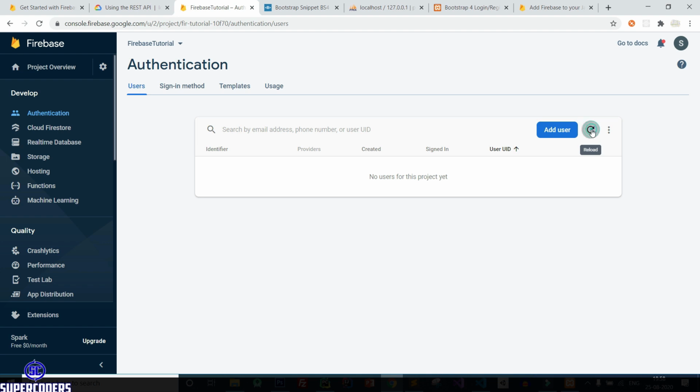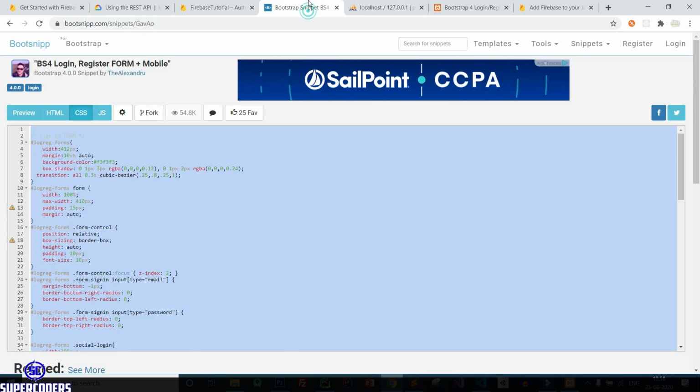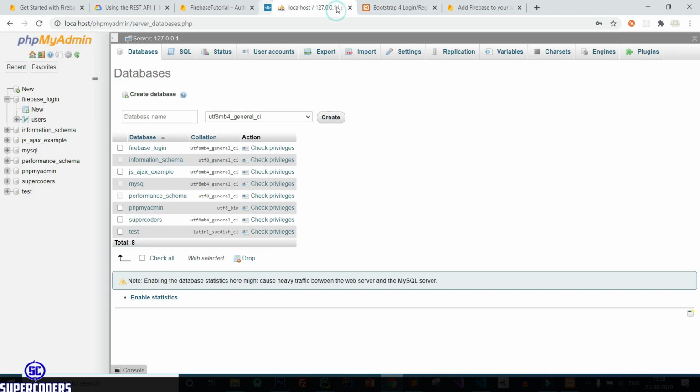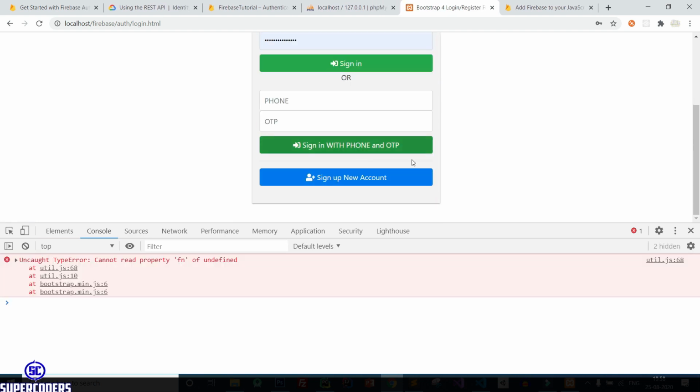Again refresh page and refresh this page also. So delete it again, delete account, delete it, and here also close this page and refresh page again. Then try to log in.